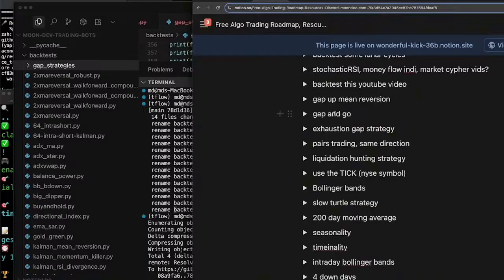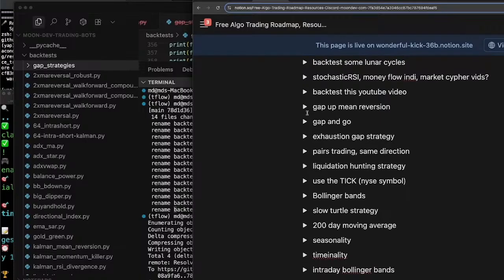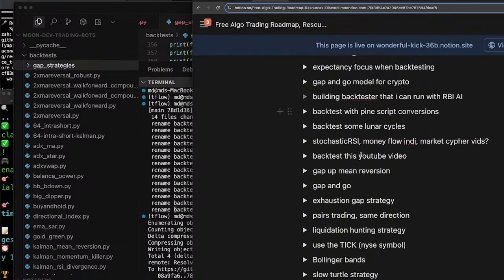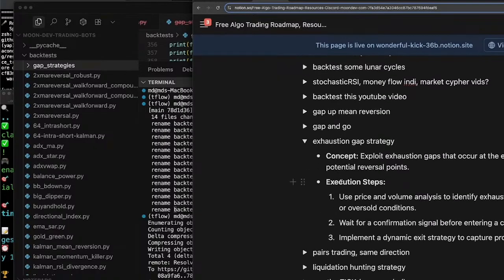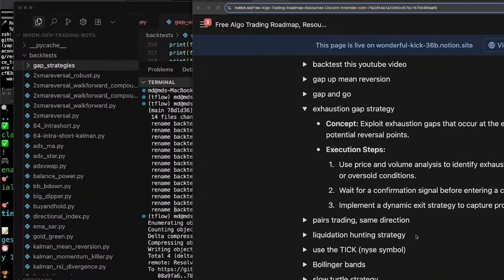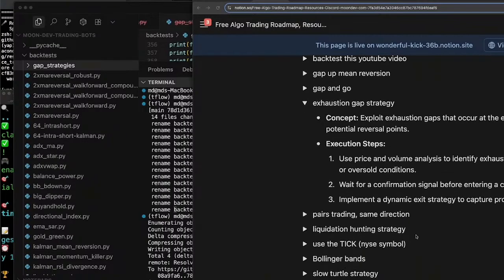Gap up, mean reversion, gap and go. Exhaustion gap strategy. Now, what is that? Exploit exhaustion gaps that occur at the end of a trend, indicating potential exhaustion. Use price and volume analysis to identify gaps. Interesting. Price and volume indicating overbought positions, to be confident before entering a contrarian trade. Implement a dynamic